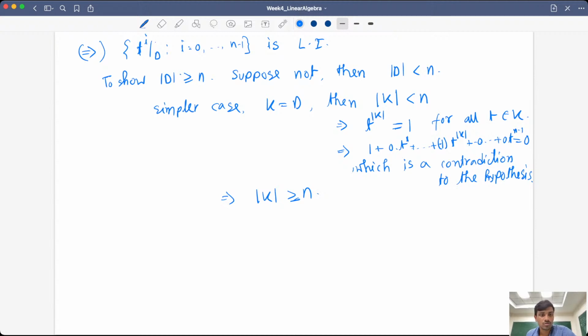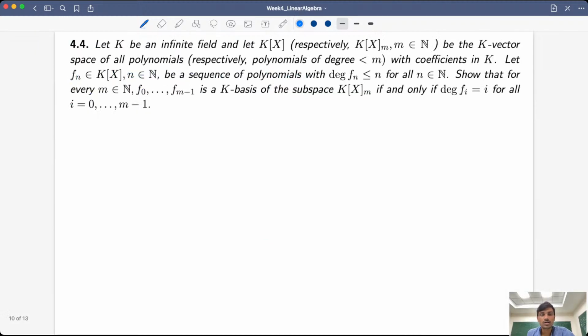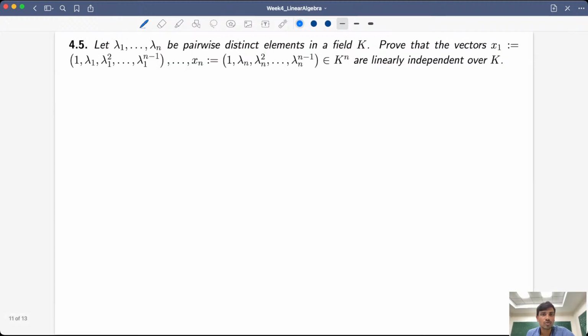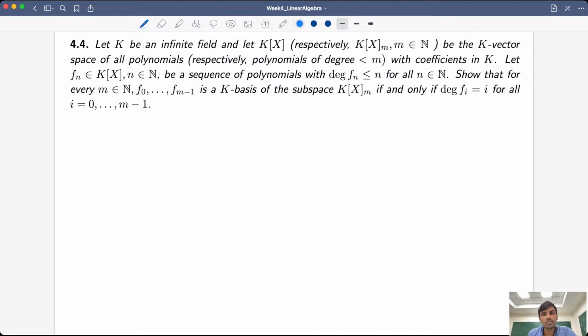Okay, so for d strictly not equal to k, check it. So I'm leaving it here. For the other part, I'm going to go over the other two problems at least. I'll just quickly go over them and give the hint. The hint is already given in the assignment, but I'm just going to elaborate those hints a bit. Okay, so here the hint is